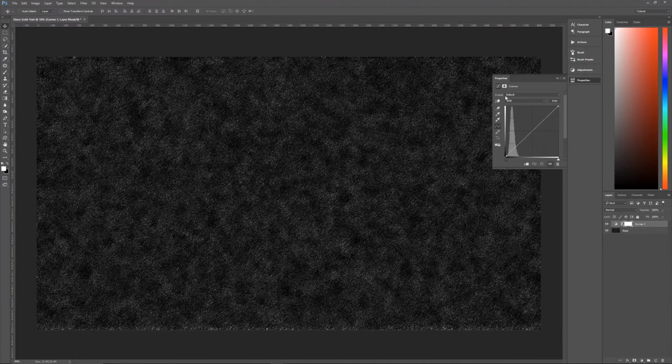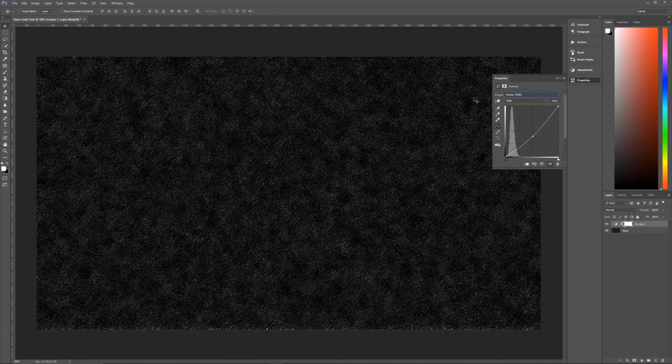So let's go down to our adjustment layers, click on that, and let's go to Curves. Let's then go to the preset and use the darker RGB preset. That will darken everything up nicely, and we now have a nice dark background. But we want to add a little bit of color to this because it's kind of bland just being black